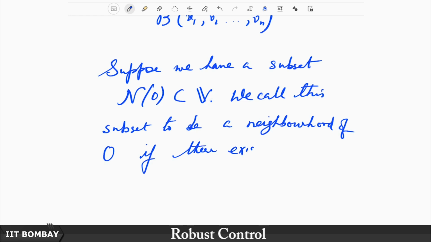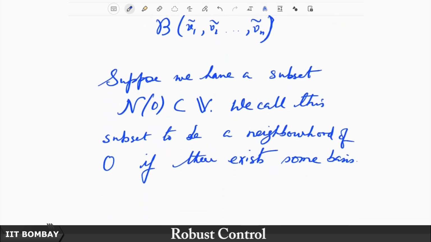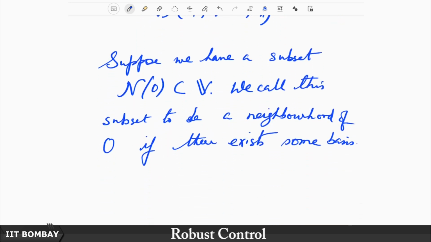there exists some basis. So, all this discussion we had about this open ball being dependent on the basis, that is why it makes sense. So if there exists some basis, I am not saying there exists the basis, or any particular basis. If there exists some basis,